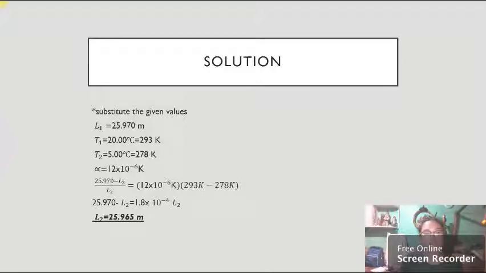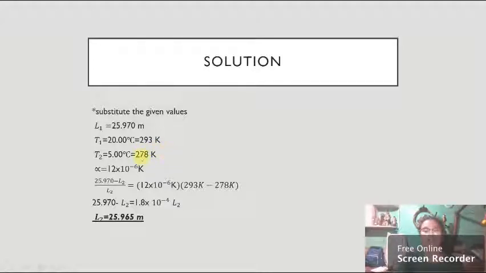So then we have the temperature at distance measured, which is 20 degrees Celsius, and we're going to convert it into Kelvin. So 20 degrees plus 273 is equal to 293 Kelvin. Well, for T sub 2, the temperature at which the steel tape is measured, we have 5 degrees Celsius converted into Kelvin plus 273. We're going to have an answer of 278